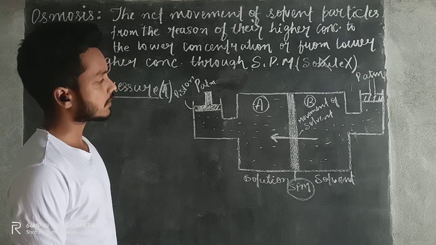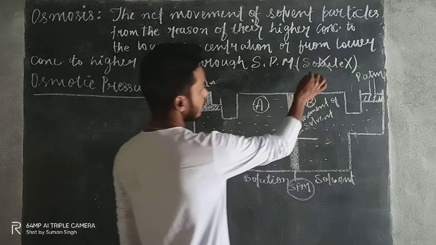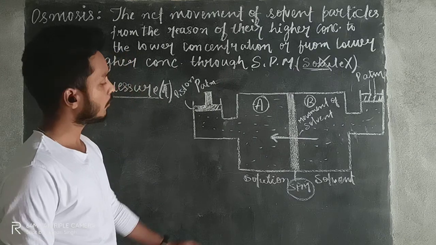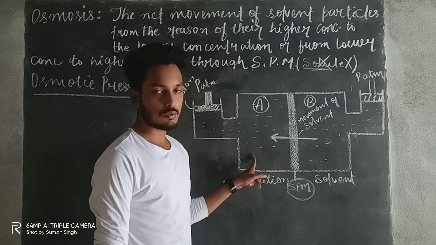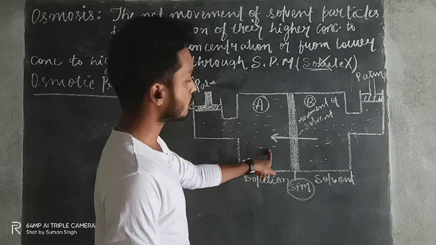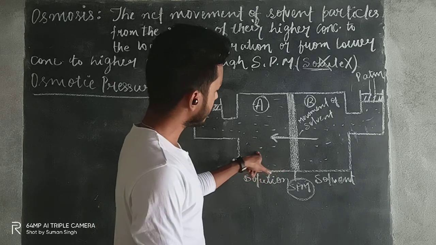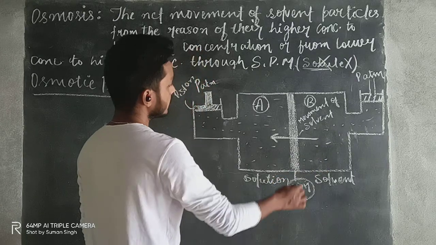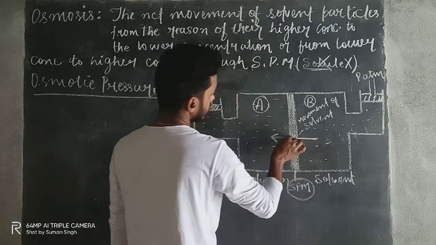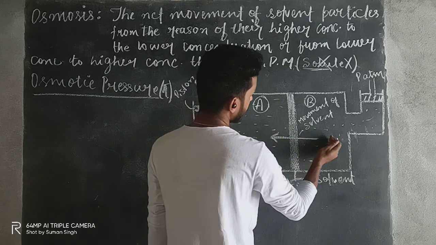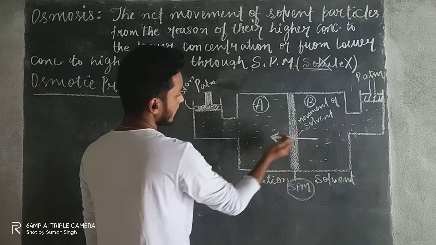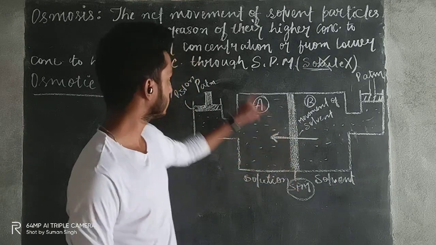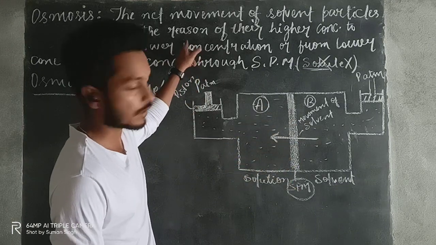So in osmosis, as I have already told you, solute particle will not move, right? Means if it is a solution, here solute and solvent both are there. So from this side, solute will not move here. But as you can see, the concentration of solvent here is more, in this chamber. So there will be a movement of solvent particle from this chamber to this chamber, through this semi-permeable membrane. This is called what? Osmosis, as we have already discussed, right?